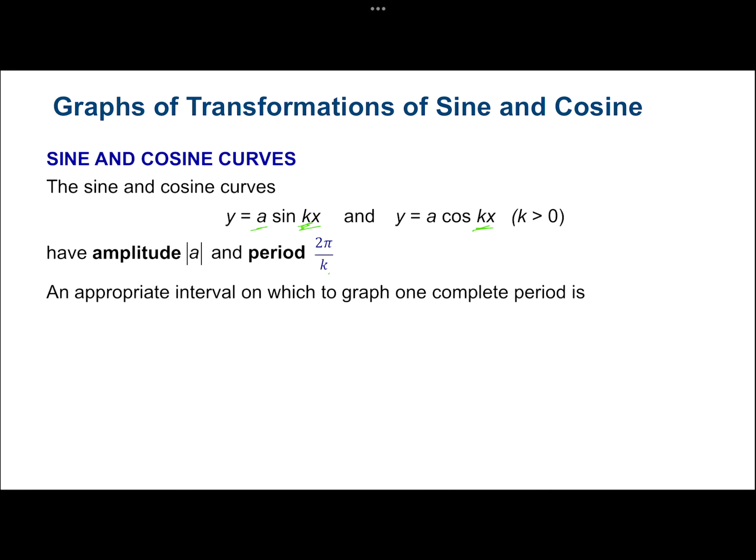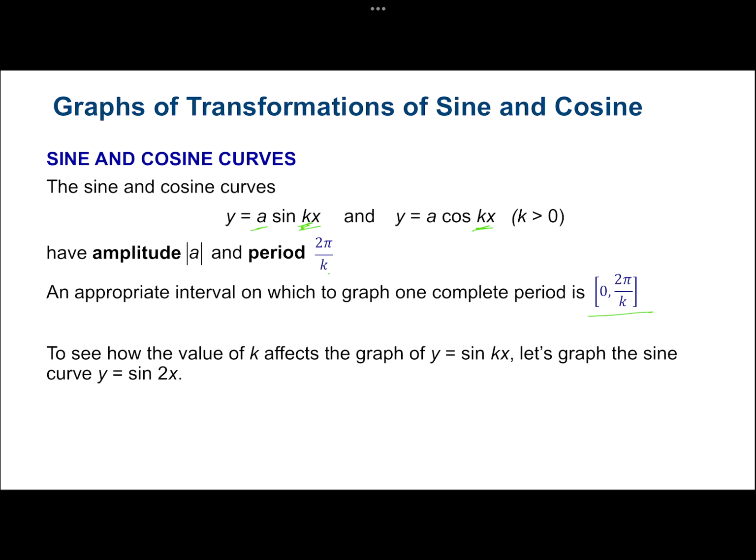So an appropriate viewing window when you want to graph it, and you always want to graph at least one complete period, is 0 to 2 pi over k. If it's just x like what we were graphing before, that just means it's 0 to 2 pi like our original graphs that we had. So to see how this affects something,